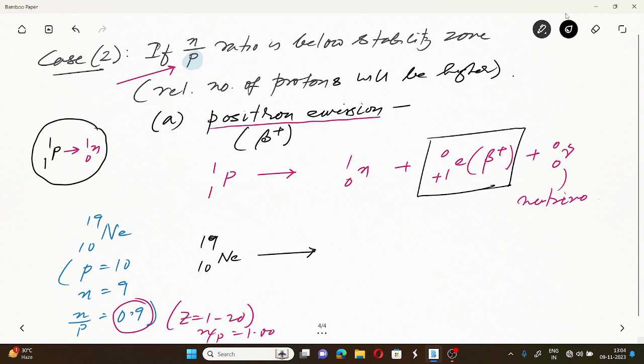তার মানে 19 neon 10, this will be converted to, এখানে আমরা যদি বিটা প্লাস এমিশন দেখাই, beta plus emission plus neutrino, so this will be converted to 9 হবে in order to balance the charge, and this will remain as 19। So this is fluorine, 9 মানে fluorine। বুঝতে পেরেছো? So it's like this।